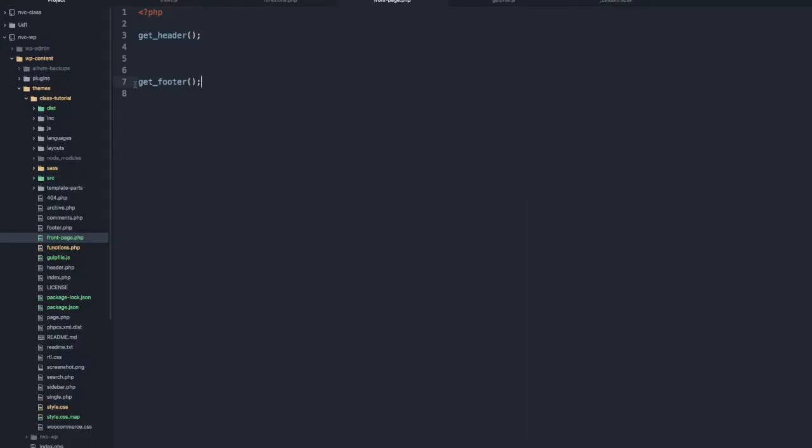Right now they're like one next to each other, right? But let's write something in between, just some basic HTML. So when we open PHP, now we want to use HTML. We need to close PHP first. So we close PHP like this. This is the opening PHP tag. This is the closing PHP tag. And now here we can use regular